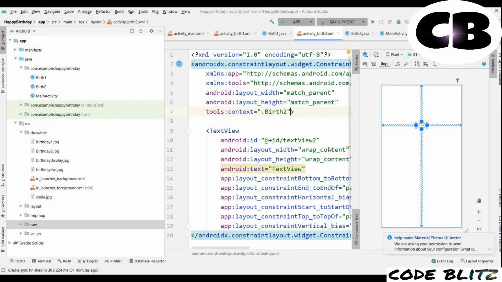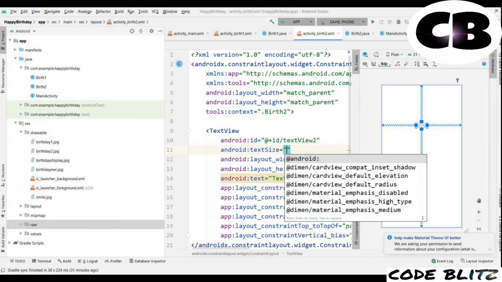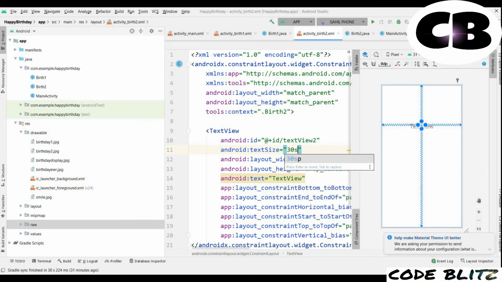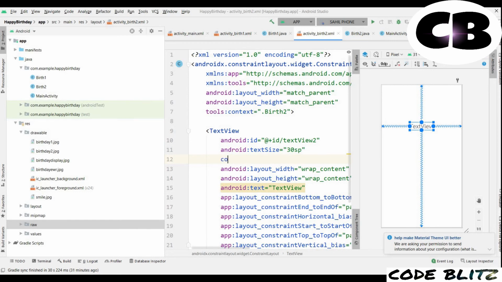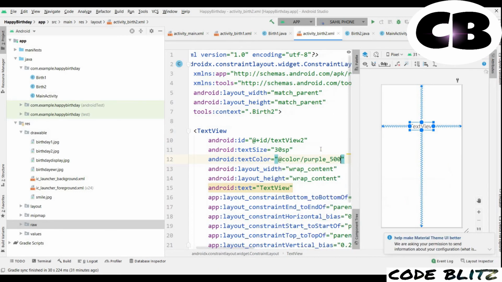I will go in split section. Let's increase the text size and just make it 30 sp. Okay, color, I will select default color, that is the purple one.